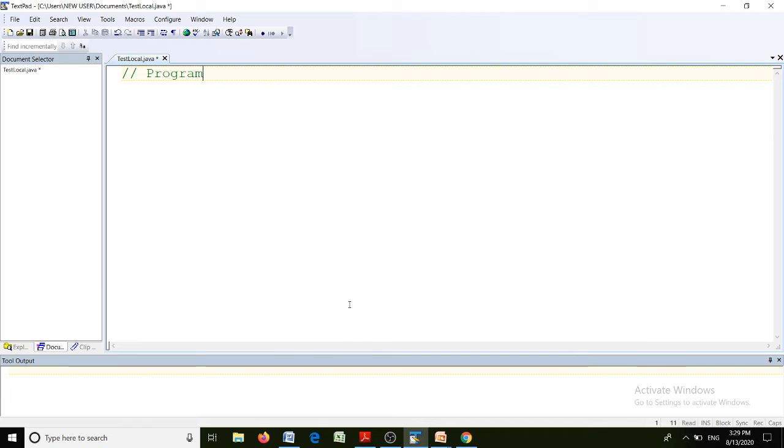See here, program to demonstrate the local inner class outer,